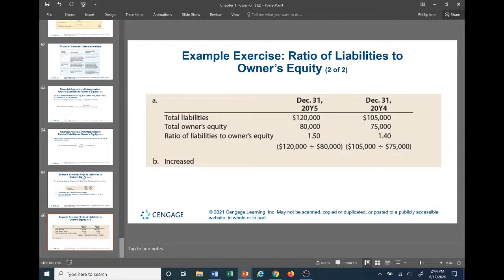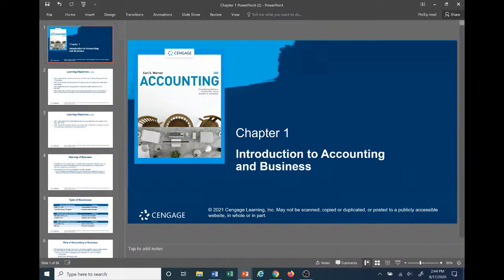This right here sums up chapter 1, which was the introduction to accounting and business. Out of the learning objectives, I would say the single most important thing you can learn, obviously it's all important, is the accounting equation. Know it and know the effects that the elements have on the accounting equation. Start learning the difference between assets and liabilities. Read chapter 1. It'll go into more detail than what I just went over. But long and short, that's what this chapter consists of. I hope this video lecture was helpful. So that sums up chapter 1.